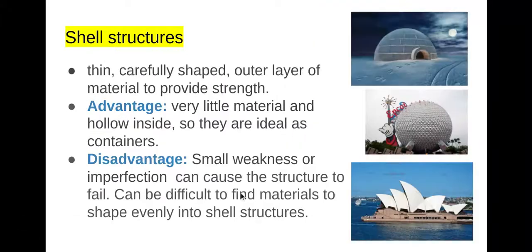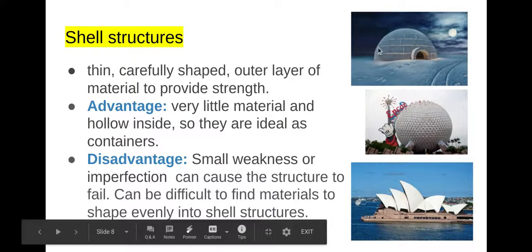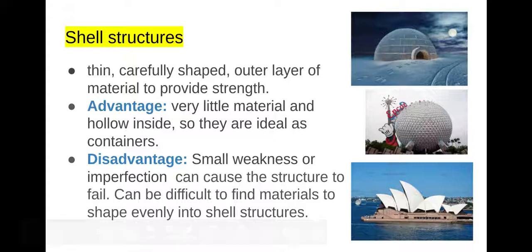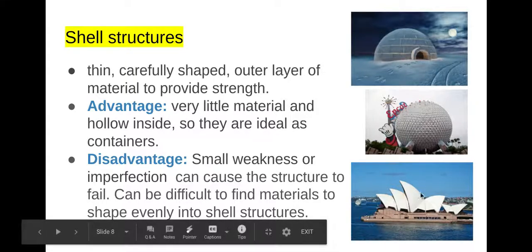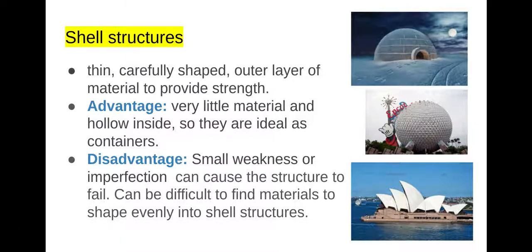structures. Shell structures are thin and they're carefully shaped. Their outer layer of material is there to provide strength. So you can see that we've got an example of an igloo, the Epcot Center in Disney World maybe, and then you've got the Sydney Opera House down here. The advantage here is that you need very little material. It's hollow inside, and they're very good at being a container or being there for aesthetics, meaning that they're there to look good. And a disadvantage is that any kind of small weakness or imperfection can cause the structure to